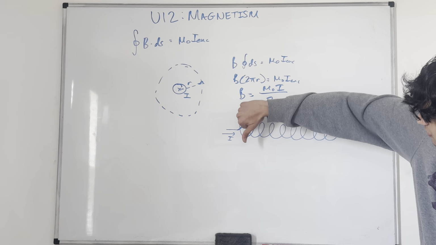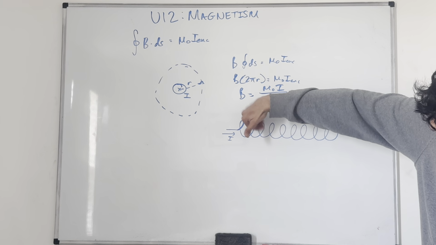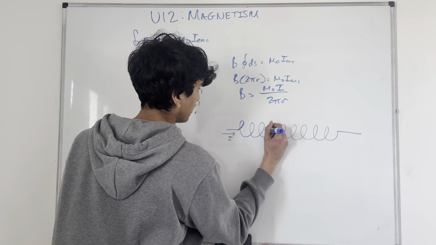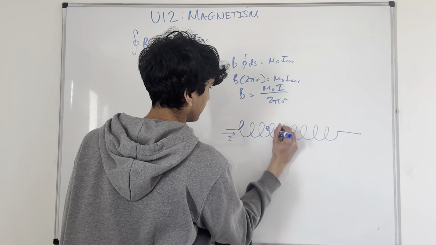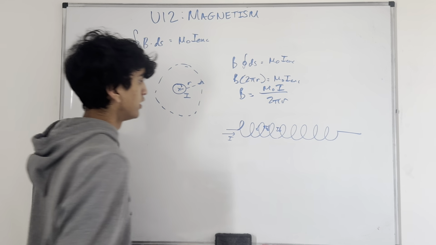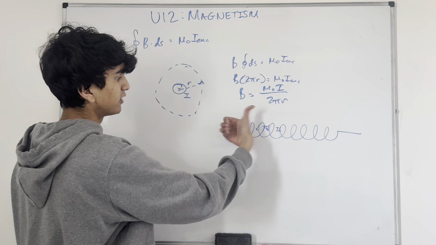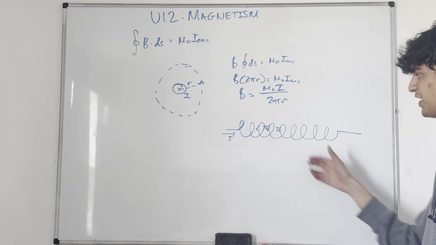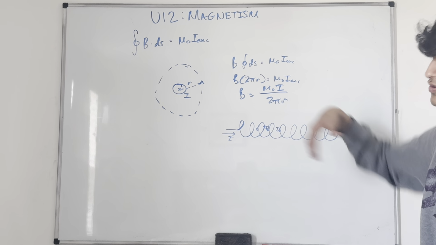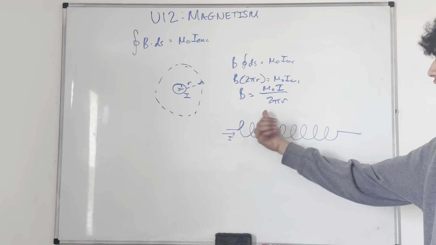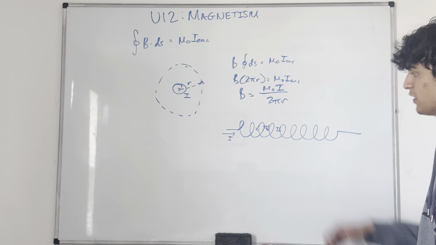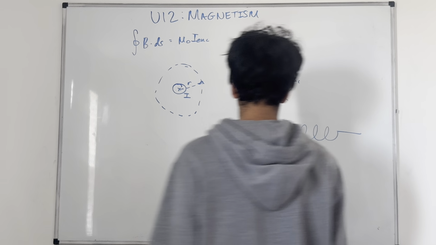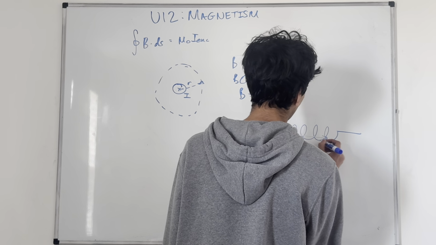Any current swooping up over here would create a magnetic field pointing into the loop, and the current here would create a magnetic field pointing right inside the loop, and then current over here on the outer part of the loop would have a magnetic field in the same direction. Kind of hard to visualize. There's going to be an overall magnetic field